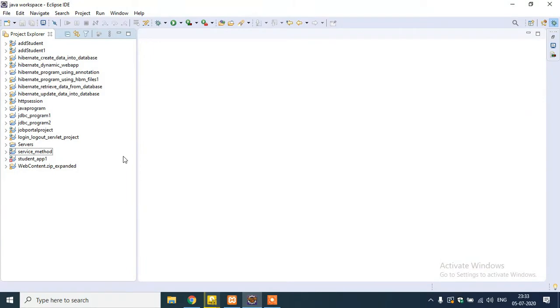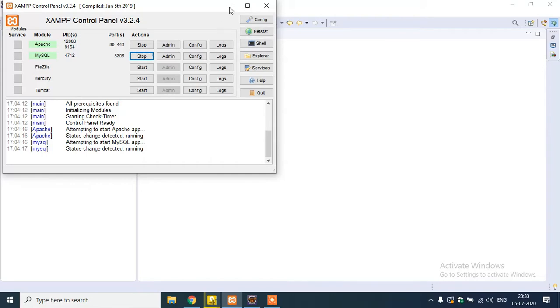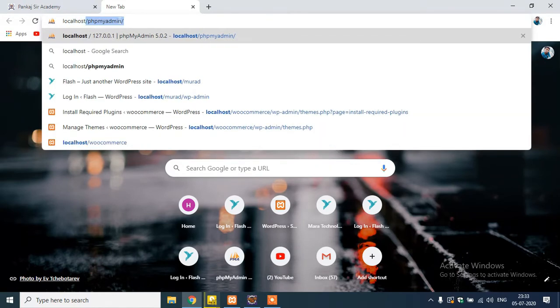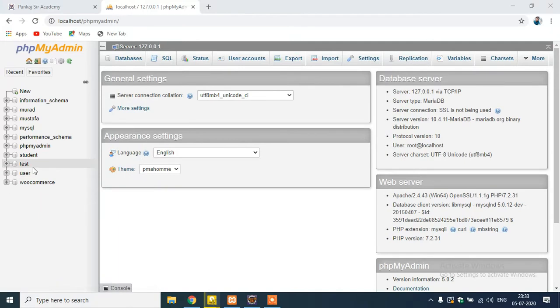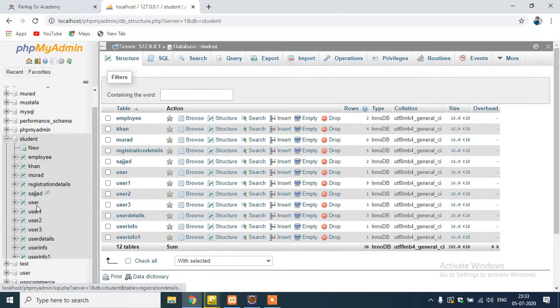Now I've opened the Eclipse, and first go to the exam MySQL database. I've already opened the Chrome browser and write down localhost phpMyAdmin. Now the localhost opens up, and go to the student database because I've already created one with the name student. Go to student, and I'm going to